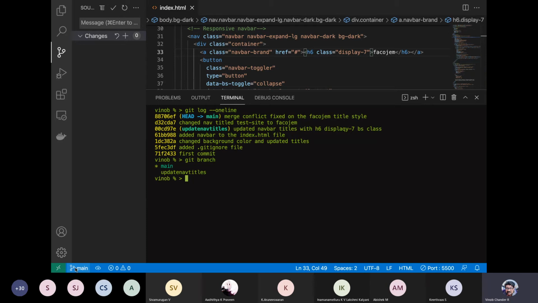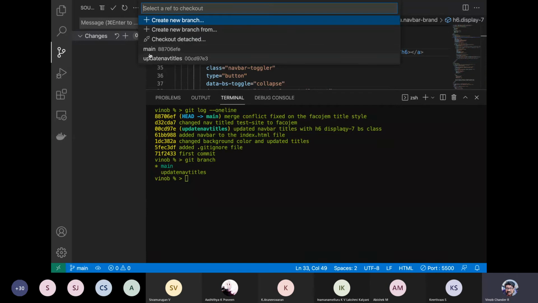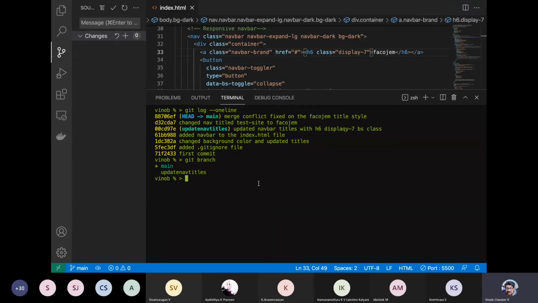Okay, we have two branches. You can see the branch from here also: main and update nav titles. Now let us say from main, git merge update nav titles. Everything up to date.